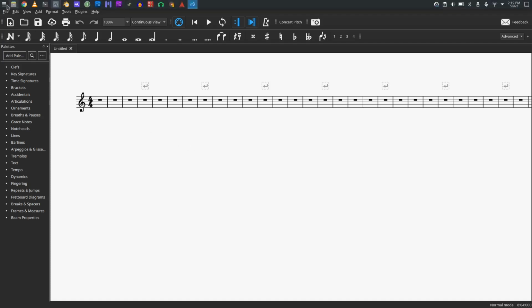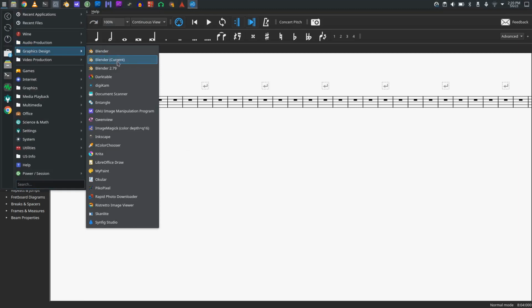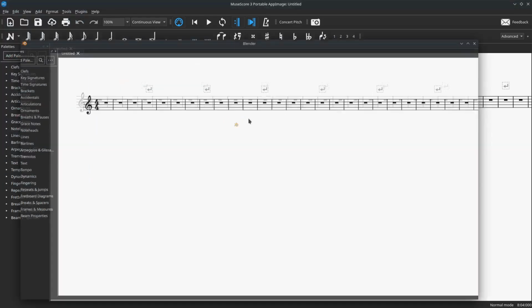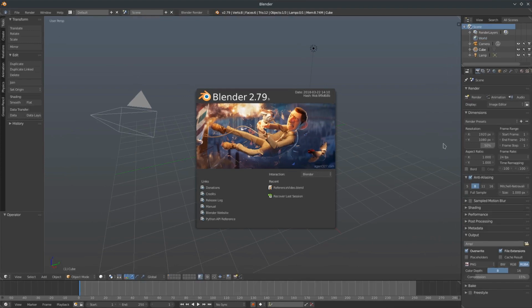So I have been holding on for quite some time to Blender 2.79. This is the last version before Blender 3, and this is the one I held on to. We're going to open this up. And what we want to do, this is true for both versions of Blender,